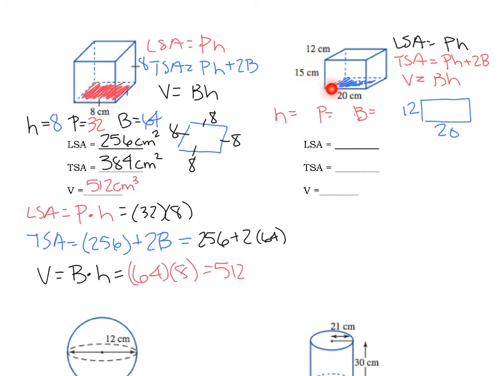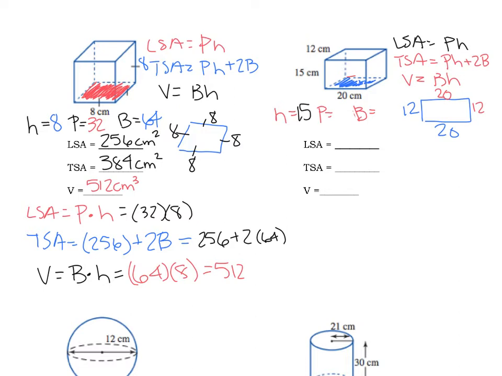All right, looking at the next problem, again it's a prism. It's a rectangular prism, though, because I can see the base is a rectangle instead. We have these measurements here, and we're looking for those three things again. In those formulas, I need a height, perimeter of the base, and area of the base. I drew my base separately, which makes it easier to find the two things I need, the perimeter of the base and the area of the base. All this information I got from the original picture. The height of this prism